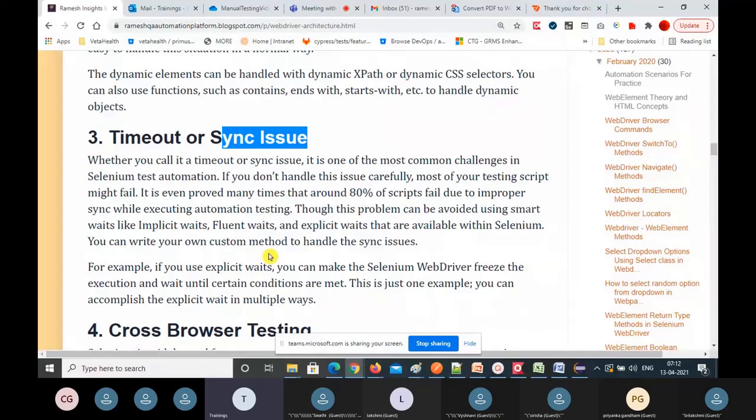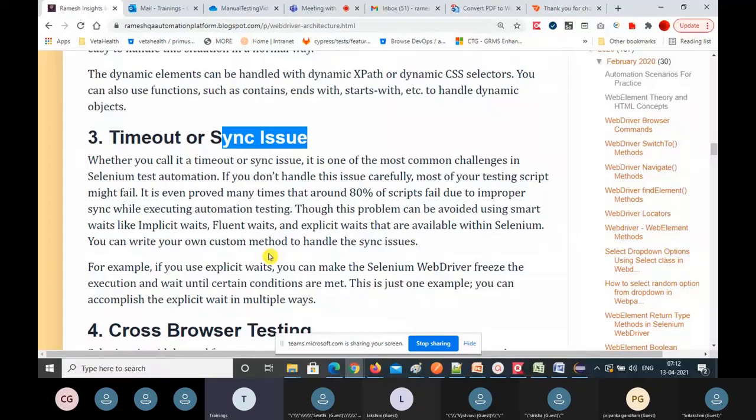If WebDriver is not waiting, your test case will automatically fail. WebDriver quickly looks for the element, and by the time it looks, the page is not loaded. Maybe the page is still loading, which means the elements are not loaded properly. In such cases, WebDriver reports that it couldn't find the element. So 80% of your test cases will fail because of the synchronization issue.